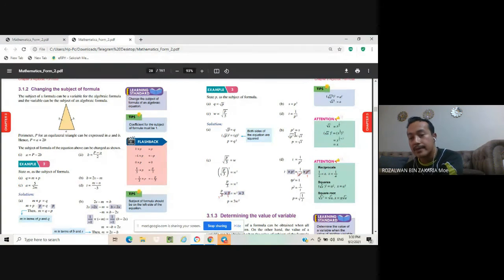When your left side you put square root of 2, your right side also you need to put square root of 2. So what happened here? Actually, when the square root of 2, then P power of 2, it will become P power of 1. This square root of 2 and power of 2 will cancel each other. Then the power will become power of 1. Later we show you how to get that one. Actually, it is the power operation, the indices. I will show you after this.